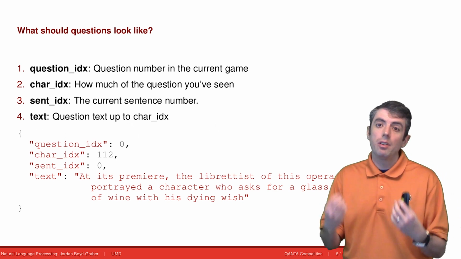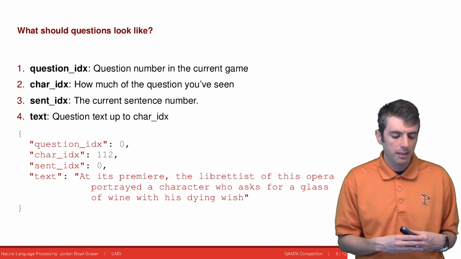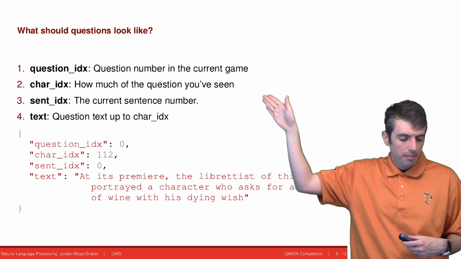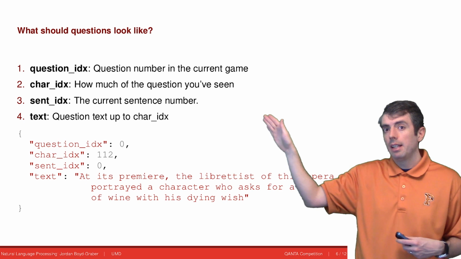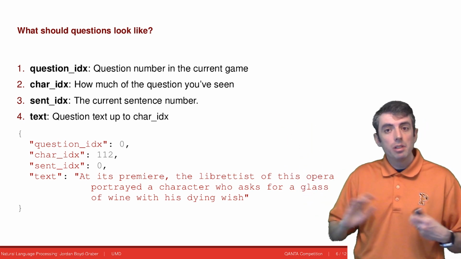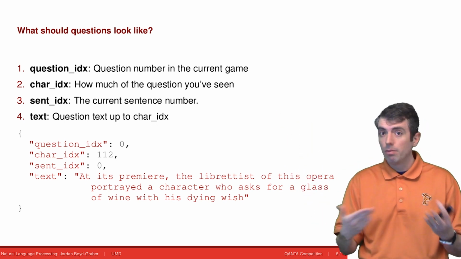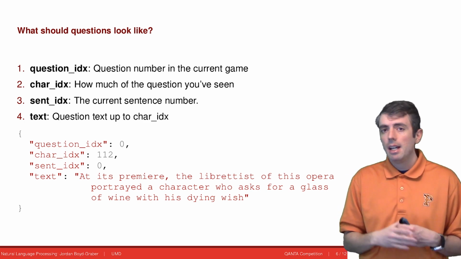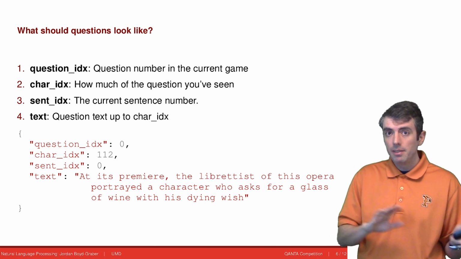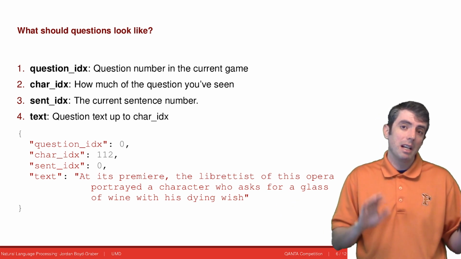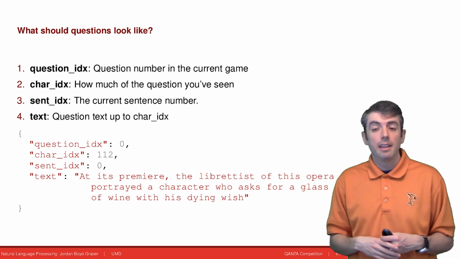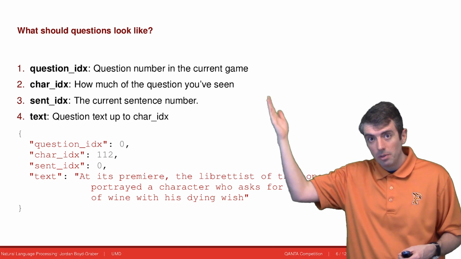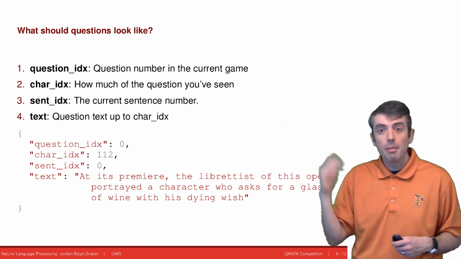The questions are also posed in the form of JSON strings. The elements of this string are, what's the ID of the question, how much of the question has been revealed. And you don't need to worry about this. This is for our own bookkeeping and keeping track of how much of the question has been revealed. But unlike the previous example, this is actually going to be measured in terms of characters, not words, because words aren't the same length.